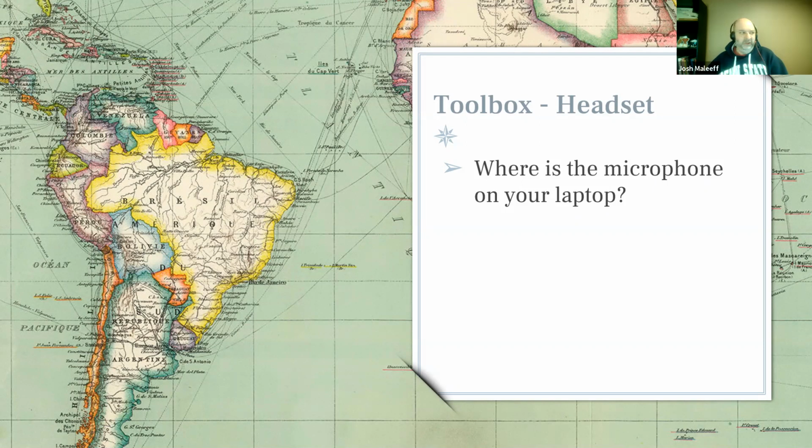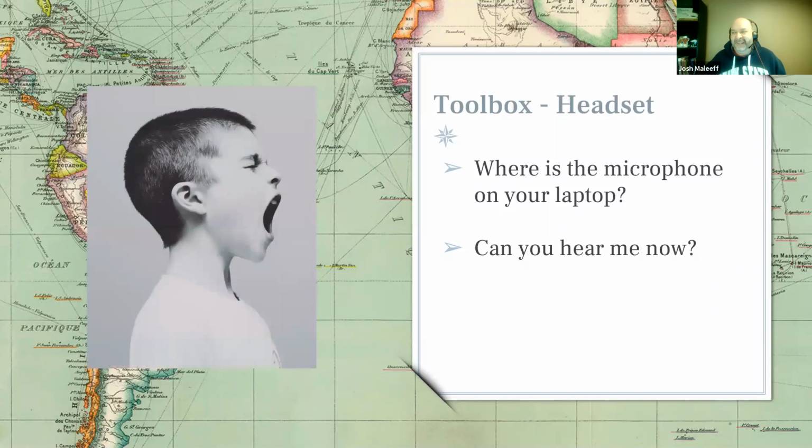And for a similar reason, I'm going to tell you. The challenge with a mic that's just built into a laptop is it's not pointed anywhere specific. It's meant to pick up sound in the immediate area. People don't know where it is. It's there, it's going to pick up sound. And if you've ever been in that meeting with somebody who's yelling into their computer, I found this picture and that made me think of that. If they're close enough to the microphone, you're getting blasted out, or it sounds like they're in a tunnel somewhere.